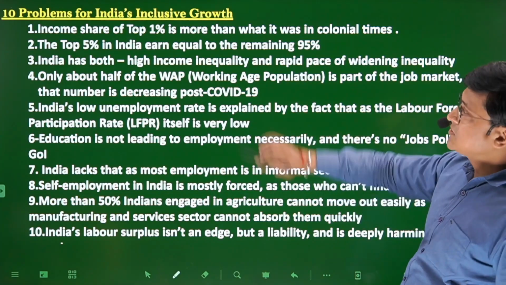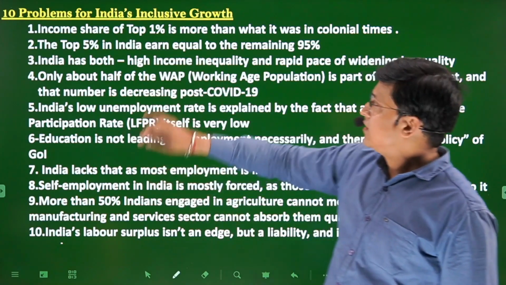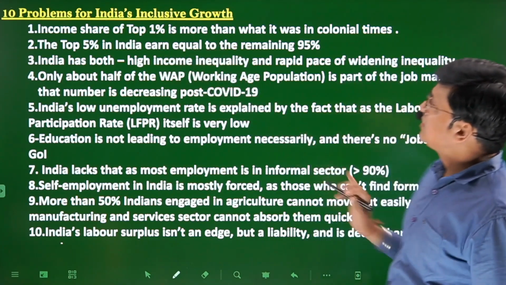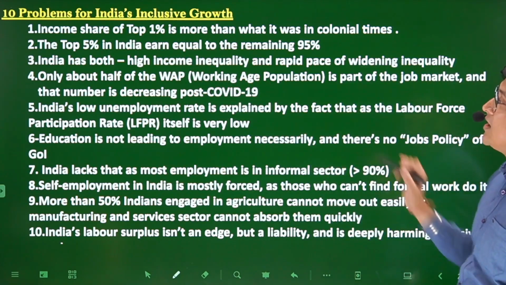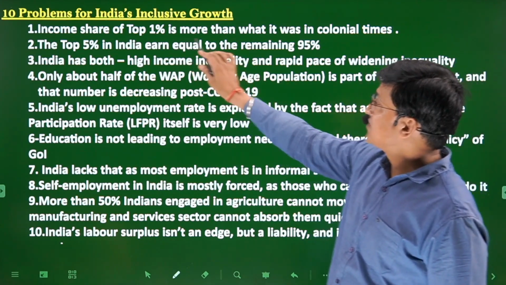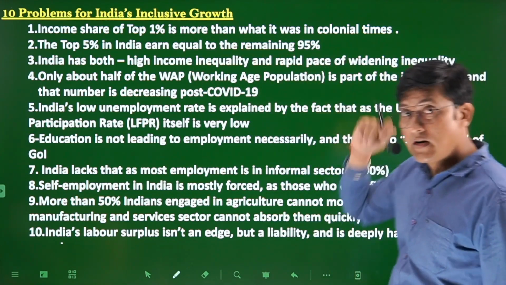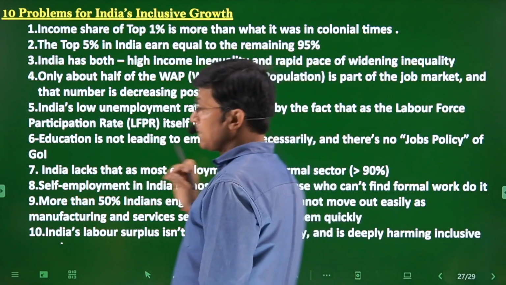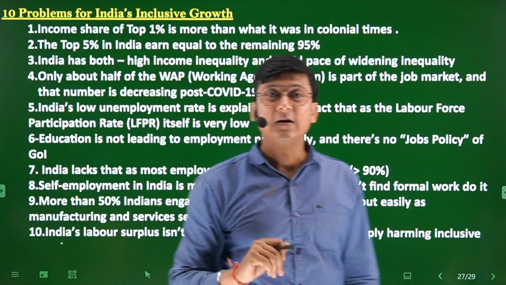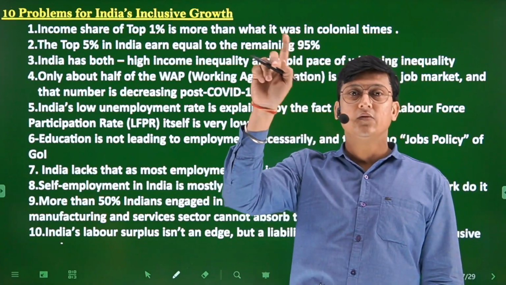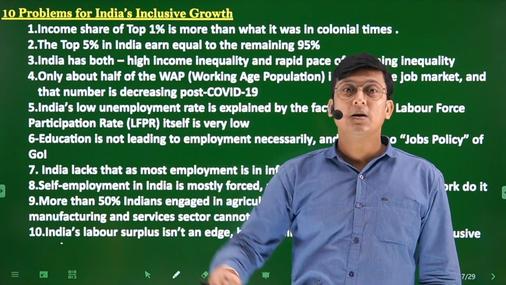तो लेट अस डिस्कस दोस 10 प्रॉब्लम्स वन बाय वन। द इनकम शेयर ऑफ द टॉप 1% इज मोर देन व्हाट इट वाज इन कॉलोनियल टाइम्स। अंग्रेजों के समय में भी इतनी खराब स्थिति नहीं थी। What they are saying, the top 1% of India is getting more income as